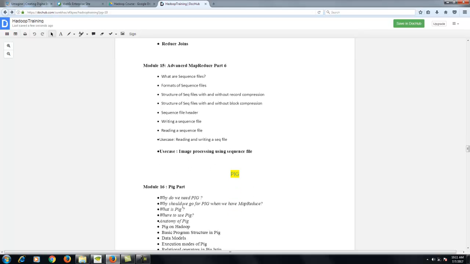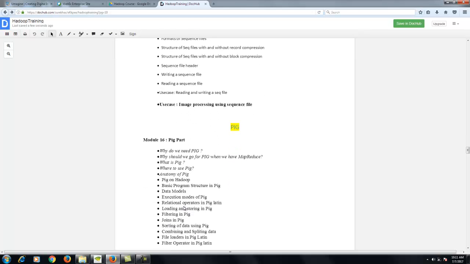Then we'll jump into Pig and the other ecosystem tools, right? So basically Hadoop is a set of tools in the ecosystem. We have Pig, we have Hive, we have HBase, so we'll be talking about those. We'll also be talking about certain data ingestion tools like Sqoop and Flume, where we'll be dealing with the technicalities too. We have assignments and practicals in each of these modules, where we'll be walking you through how it works.